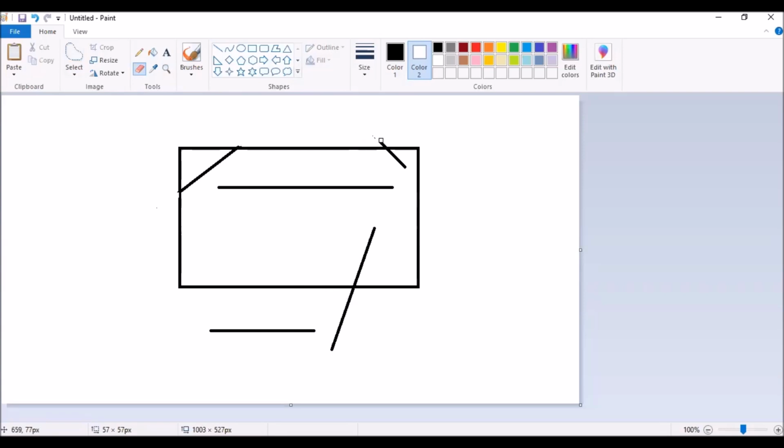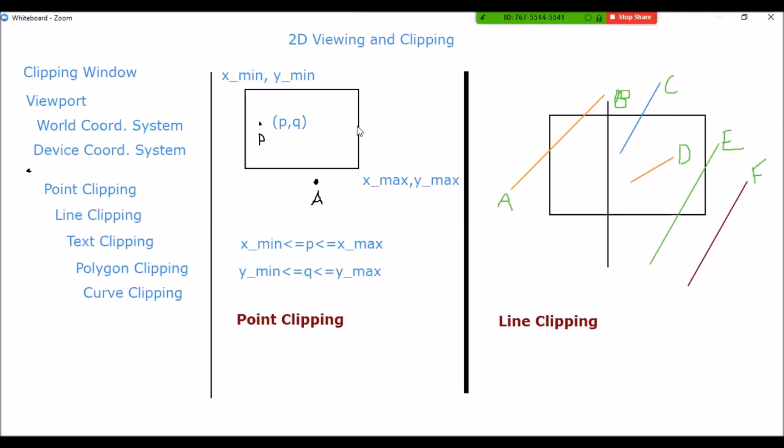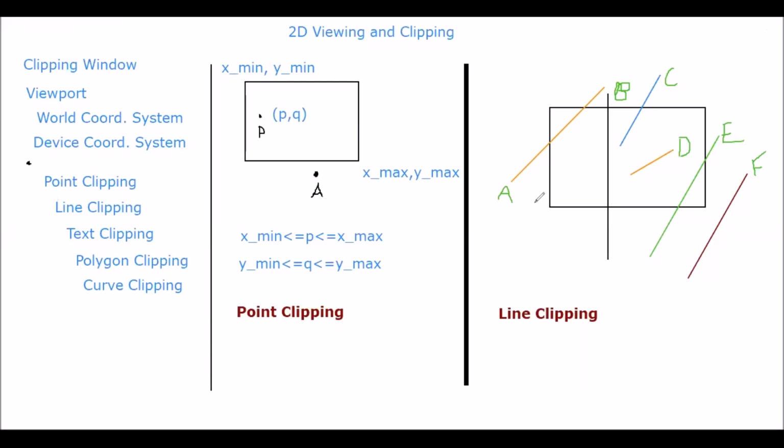It will not clip those portions of the lines which were inside the clip window. So like here, and this is completely invisible. When you apply the clip window, it will just display that portion of the line which is inside the clip window. So this is our line clipping. We will very soon come to more details about line clipping, but the basics about line clipping, I think, are clear to everyone.